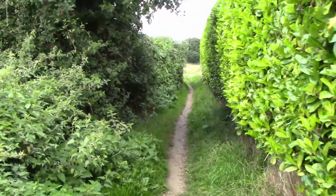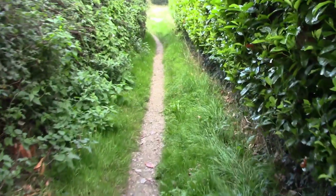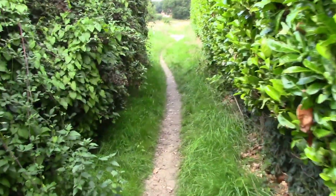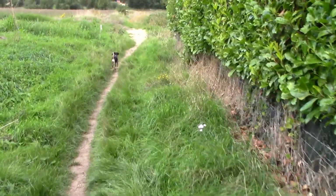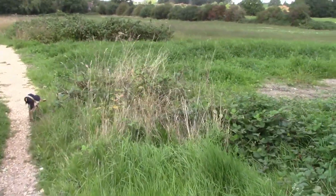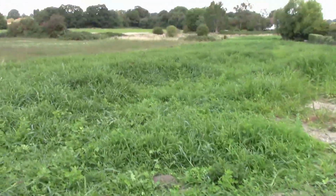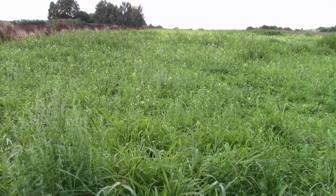Okay, a couple of weeks ago I came down this little track and we picked some goosefoot and made goosefoot pancakes, and I just want to have a look down here today and we'll see how much those weeds on that, well, what was bare soil, have sprung up and filled in the gap. So yes, as you can see, the weeds really have grown up into quite a verdant cover for the soil,